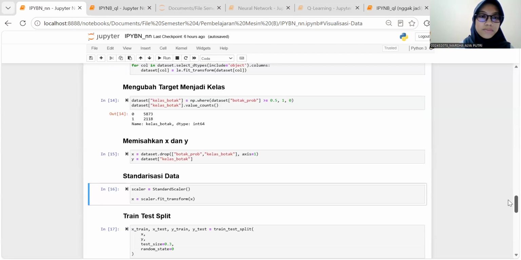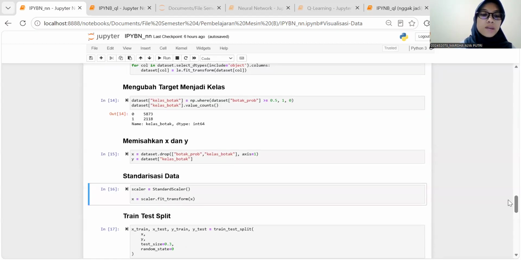Then we create the target variable. The original target in this dataset is Botak probability, which represents the probability of baldness. Since MLPClassifier performs classification, we convert this probability into two classes.